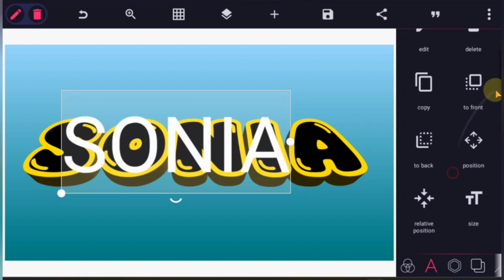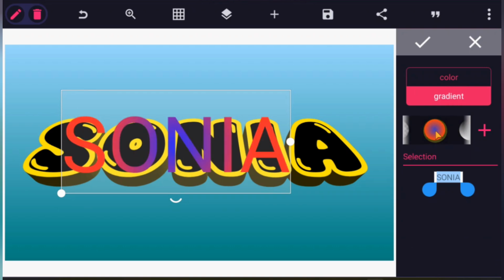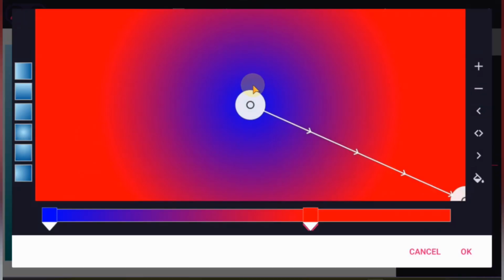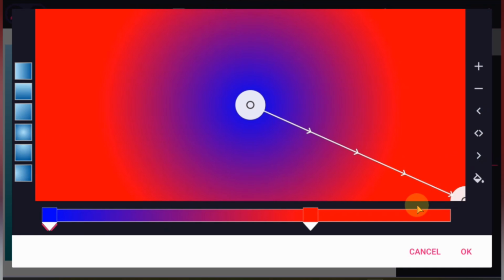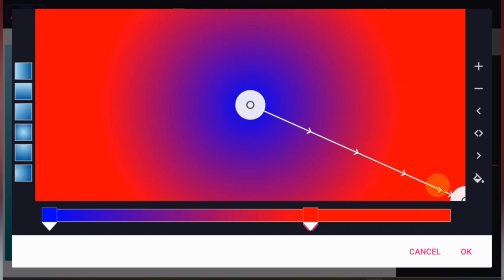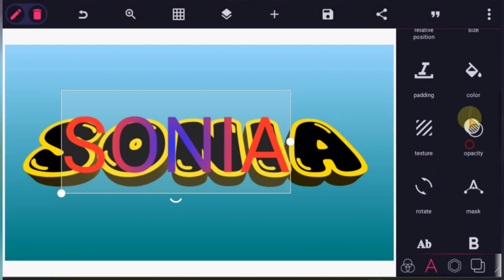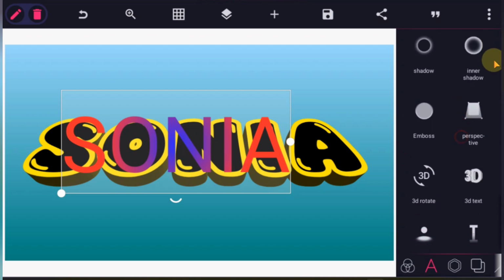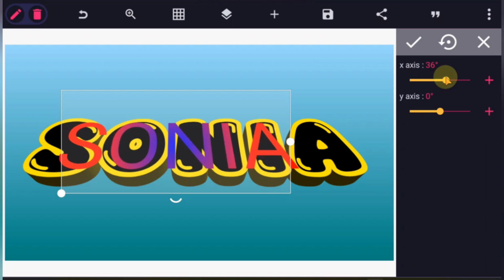Once I'm done with this, I'll go down to color. I'll be selecting gradient, so I can just choose the color I want. This is the mixture of colors I want here. How I was able to combine these colors was like this. You can just select this and then tap on this color, choose the color you want, which is blue, and then select this, tap on this color, then choose pure red. You see that they can be combined like this. Then okay. So I'll go to 3D rotate, then rotate it in X-axis format, just like I did in the